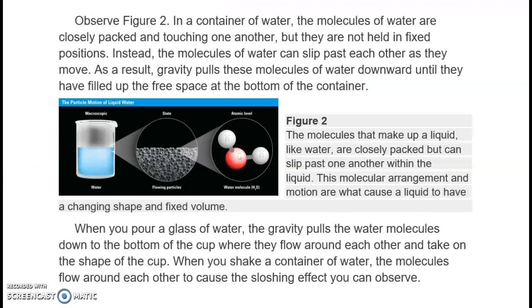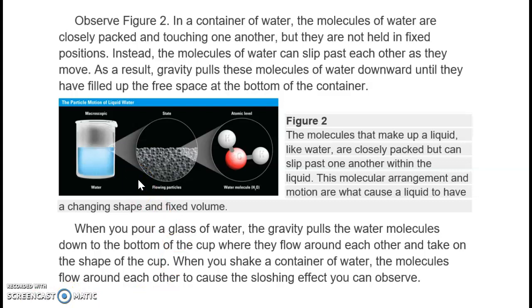Observe figure 2. In a container of water, the molecules of water are closely packed and touching one another, but they are not held in fixed positions. Instead, the molecules of water can slip past each other as they move. As a result, gravity pulls them downward until they have filled up the free space at the bottom of the